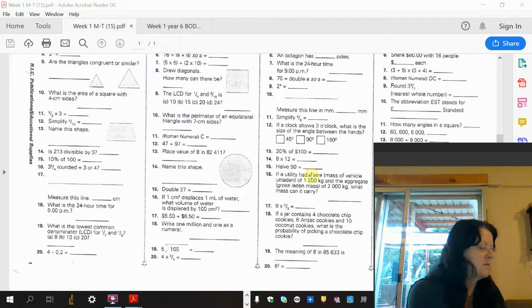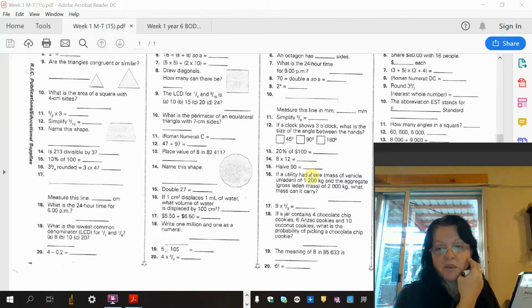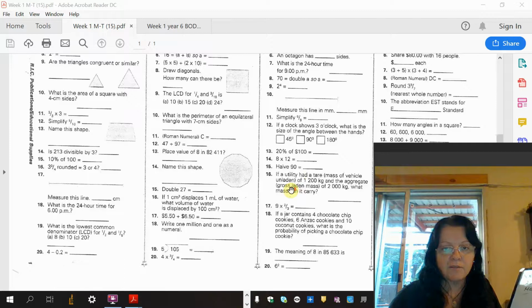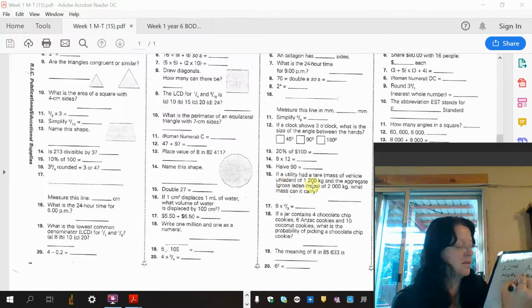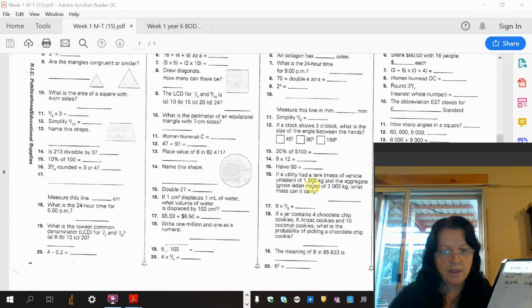Half of 90. Once again, you can divide that by 2, which is, write it down, 45. Now this one's a bit of a tricky one, only just because I don't know anything about this sort of stuff. But if a utility had a mass of vehicle unladen, so tare means the total mass of the vehicle, of 1,200 kilograms, and the aggregate or the gross laden mass of 2,000